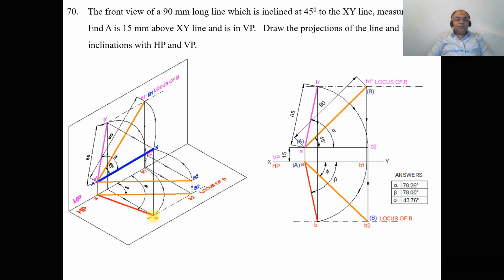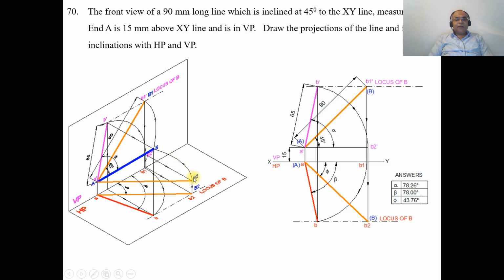Now we need to find the true length in the horizontal plane. To do that, first we draw a vertical projector from here, and you draw a projector here. Both intersect at this point, which is capital B. So capital A and B is the line which is in space now. To find the true length in the horizontal plane, with A as center, taking the radius of AB, you draw an arc. You rotate such that both B and A are above HP by 15 mm. Now the line is parallel to HP.